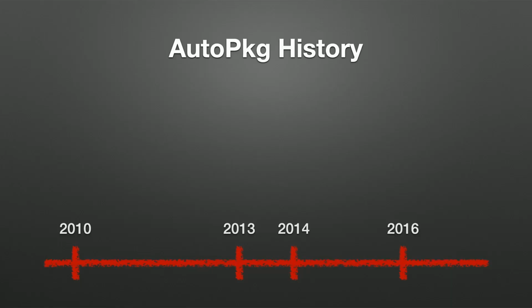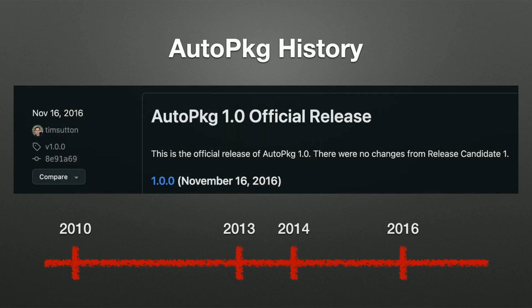All right, moving forward. We continue to get some steady updates with some new features, but it's not until 2016 that we got a 1.0. By this point, though, most of the functionality that we know and love today had been added. With AutoPkg run, search, repo add, and update, even the verify and update trust info are in there at this point.